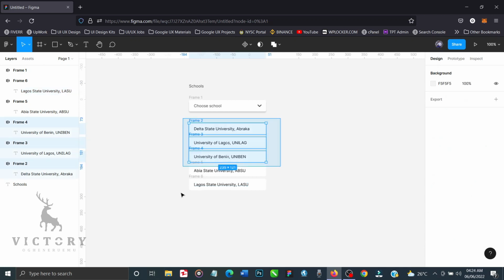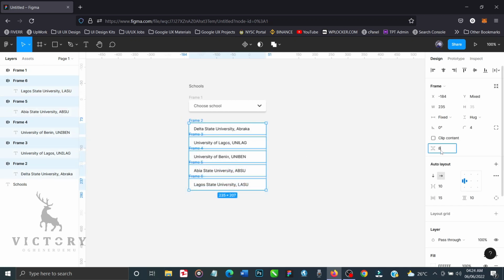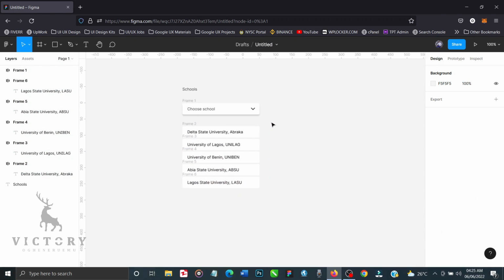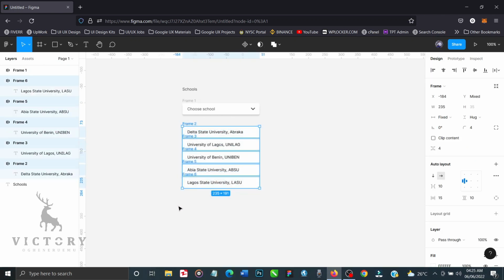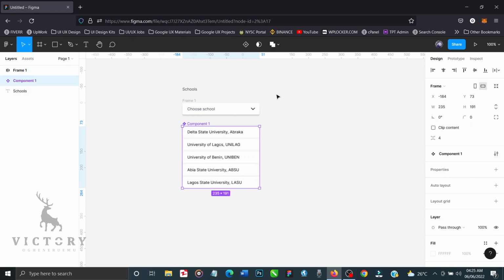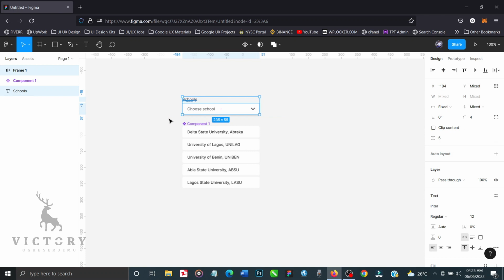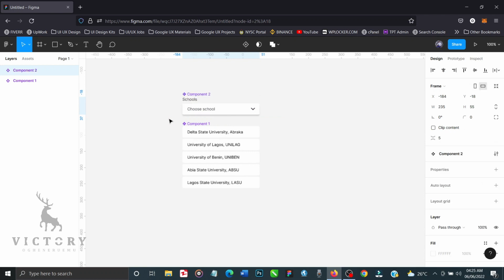So I'll highlight everything and modify the space between from 8 to 4, and then okay, I'll leave it at this. So let me highlight everything and create a component, Control Alt K. Let me bring this here, the label, bring it down somewhere like here, highlight everything, Control Alt K, create components,